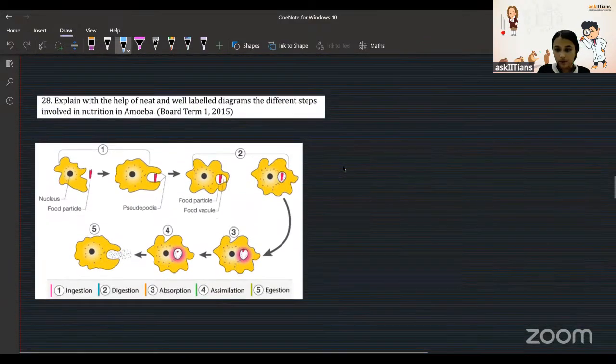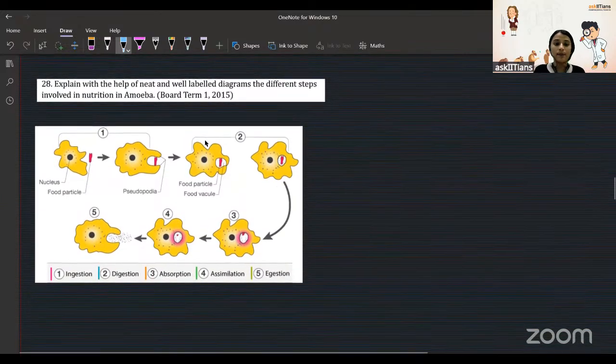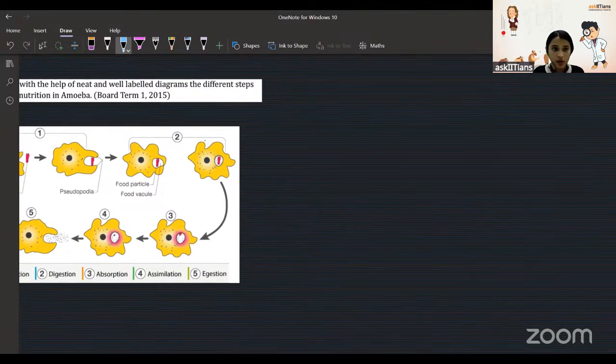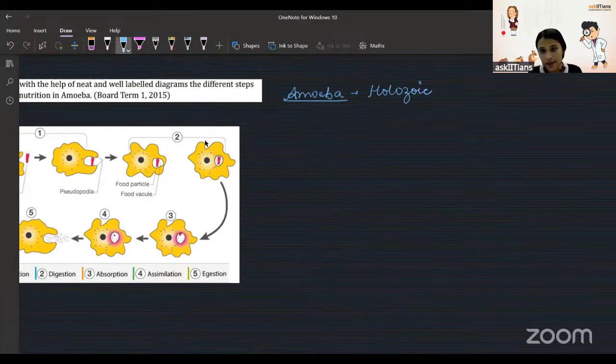Now, next question. Explain with the help of neat and well-labeled diagrams the different steps involved in nutrition in amoeba. Okay, so first of all, you should know that amoeba is a holozoic organism. It means the whole digestion takes place inside their body, right? And it follows 5 steps. Okay, so the steps are: